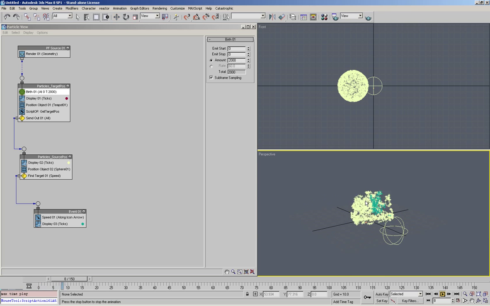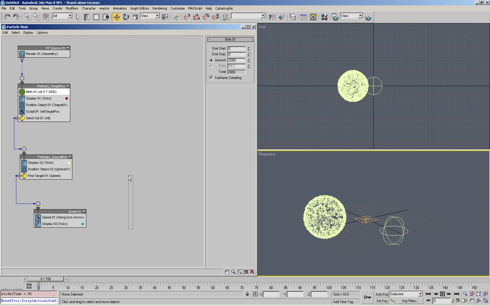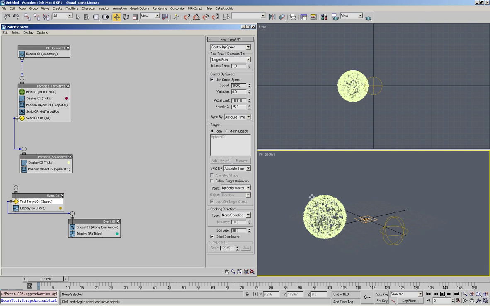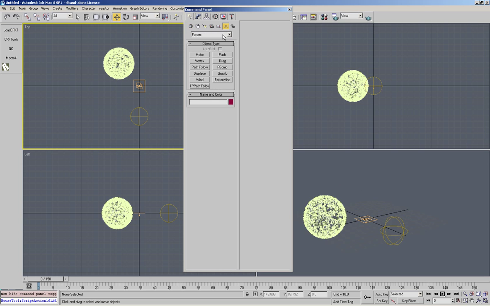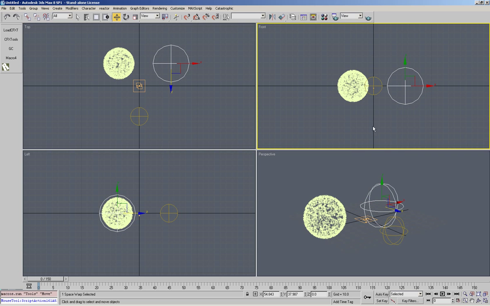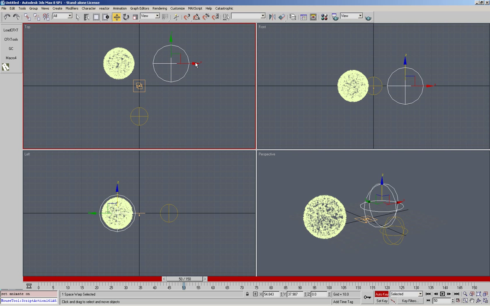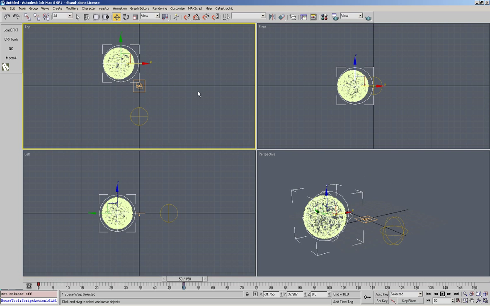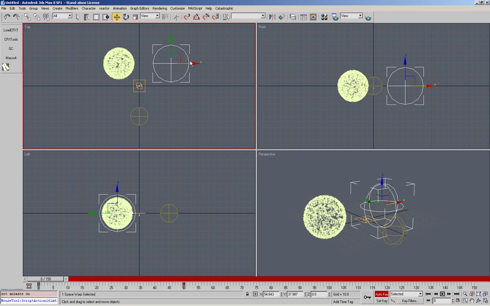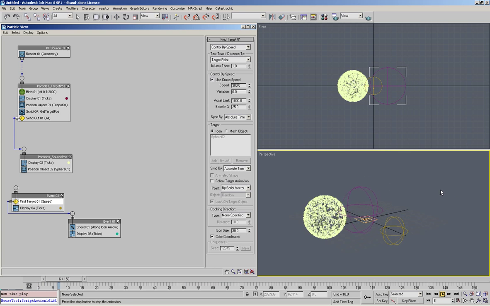So now we've done that, let's make this a little bit more interesting. Before we do any of this find target business, let's mess about a little bit. Let's go to space warps, deflectors, and use a spherical deflector, just like in that dispersion tutorial. And for the first 50 frames, we'll have this moving in over the particles. I could probably even move it a little bit more over, so that way we just get the deflector